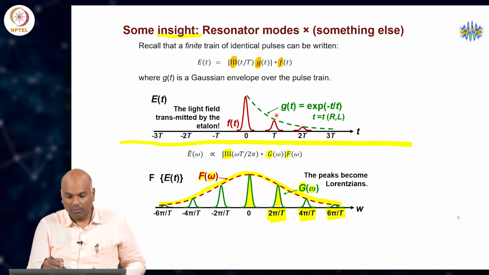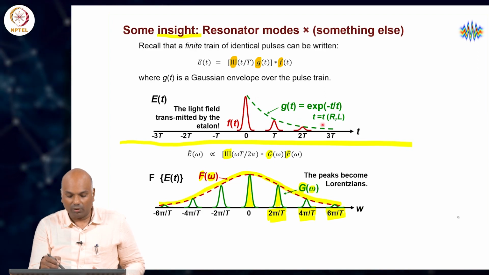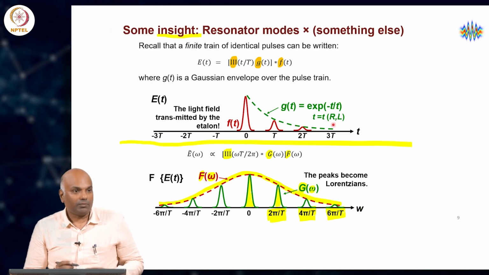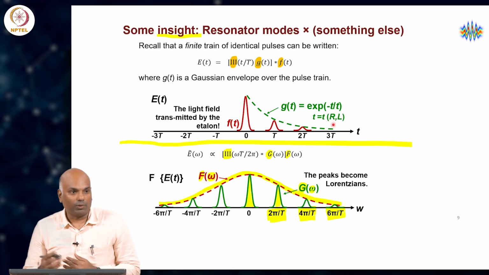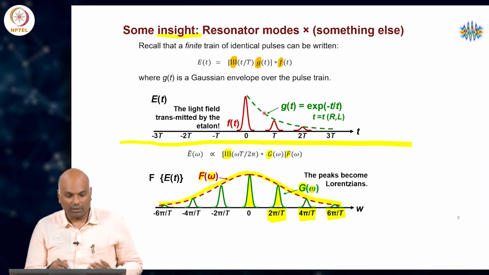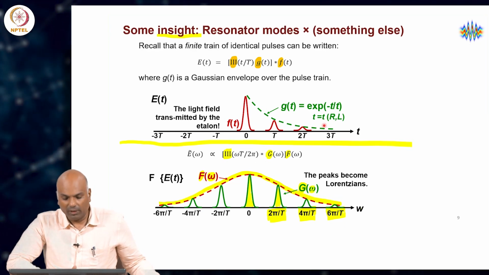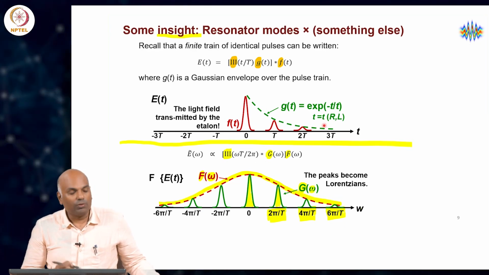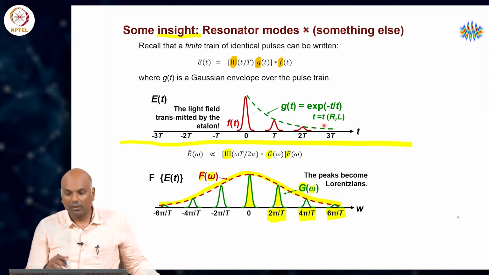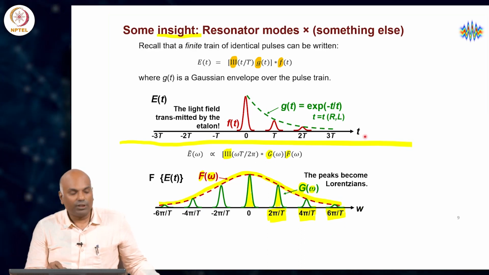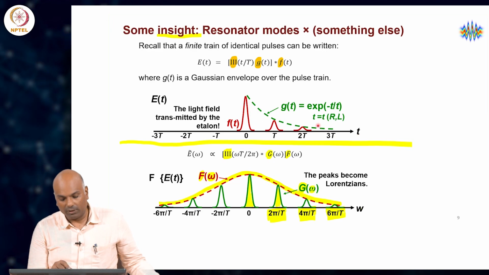So, the next pulse emitted is weaker and the whole thing sort of decays. There is a loss at every round trip due to the emitted pulse from the resonator. Therefore, these would appropriately decay as well. If I were to use the resonator to build a laser, it need not be that we have a diminishing train of pulses, a train of pulses with a diminishing